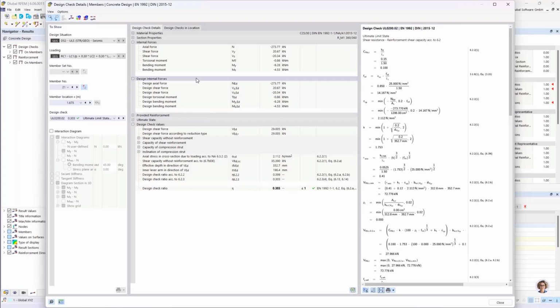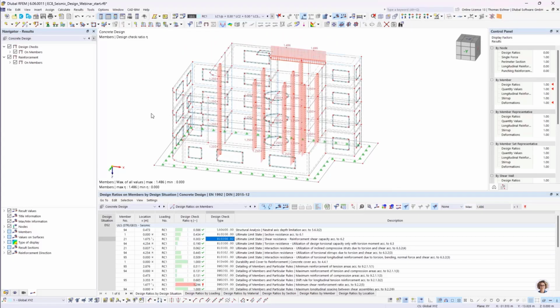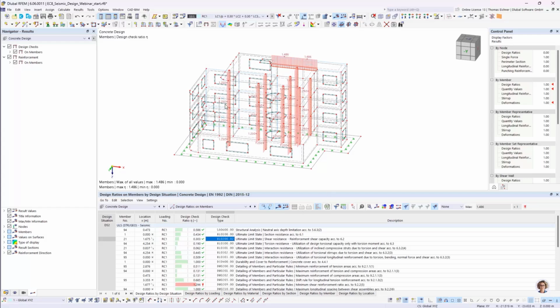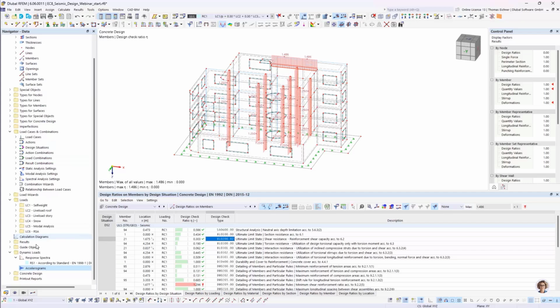And we can also check the internal forces here for the design check and everything that's needed. So that's done here already. And since we are running a bit short of time, that's all for it here. Maybe just